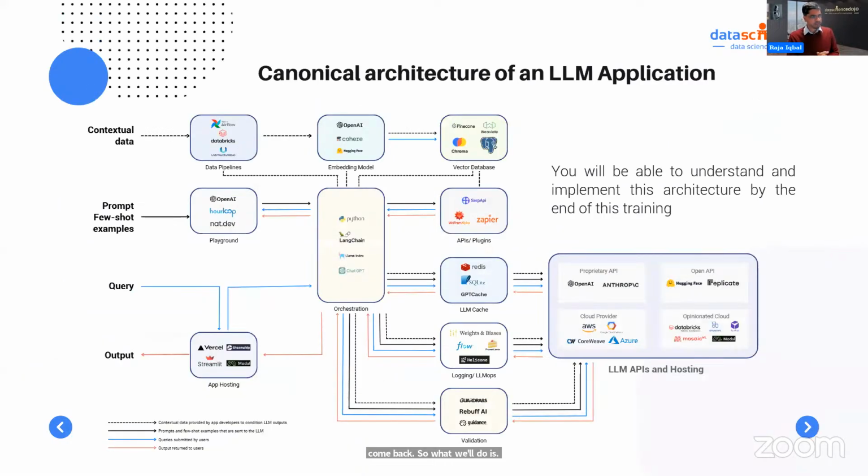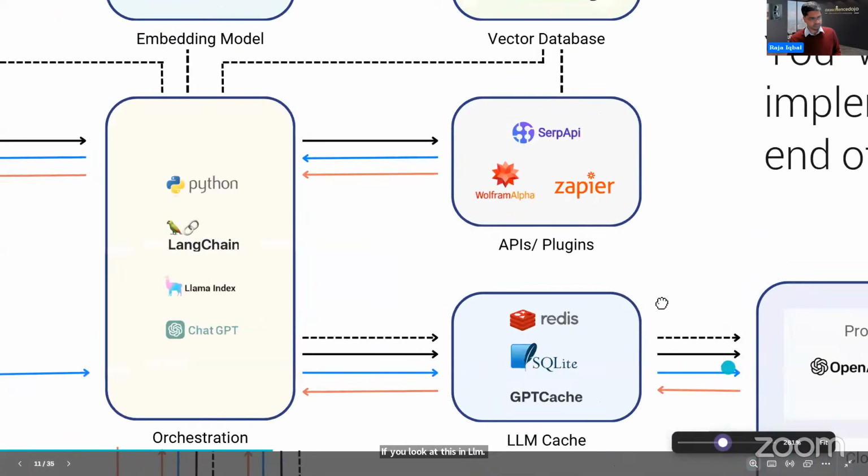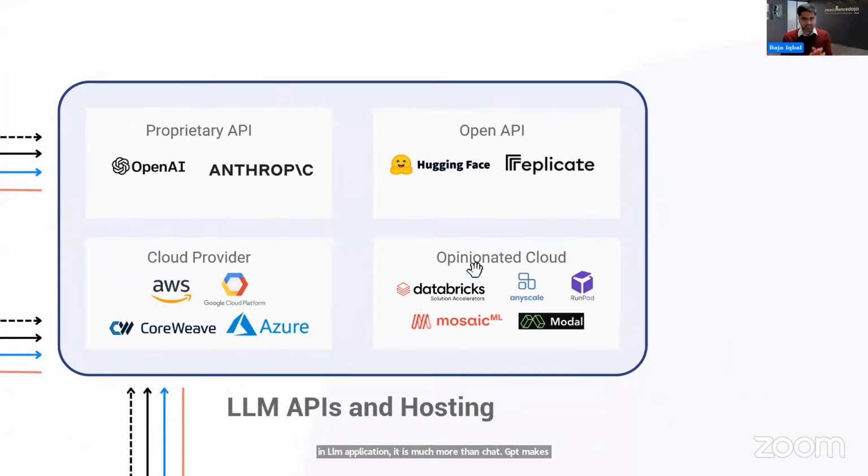The first thing is, if you look at an LLM application, it is much more than what ChatGPT makes it look like, very easy. Google Bard, Gemini, the Bing Chat, the interfaces that are available to the public make it look deceptively easy. In reality, when you build an enterprise LLM application, there are different components to it. For those of you who have never done it, you will be surprised that a large language model is a very small component of this entire application.